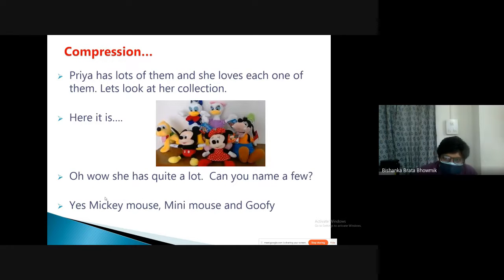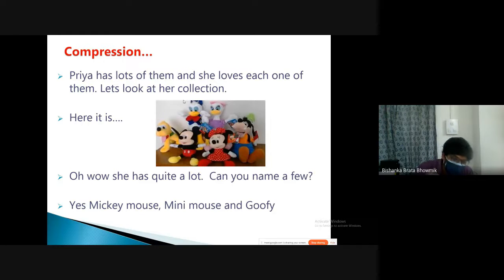Now, in the class, you can ask them, like, if some person has lots of stuffed toys. Like here, you can see that Mickey Mouse is there, Minnie Mouse is there, and other toys are there too. You can have these toys in your class and tell them to shift them from one place to another, and also give them some kind of box. Maybe the box is a bit smaller.